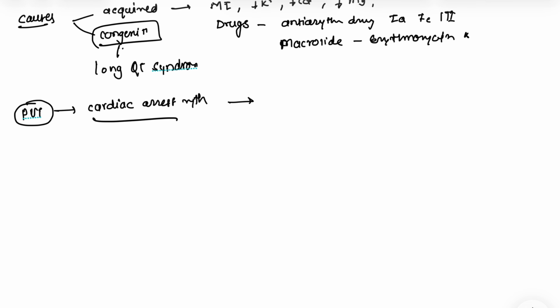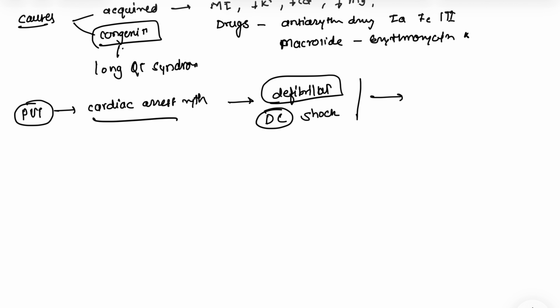Here we will start with the defibrillation directly. What do you mean by defibrillation? That is a desynchronized DC shock, right? Because there is no identifiable R wave that can be taken by the defibrillator, right? So we will go with the defibrillation, that is a DC shock, and after that we will start this patient